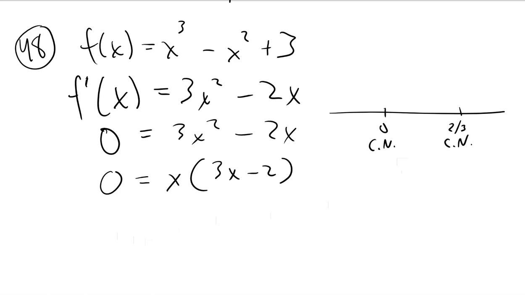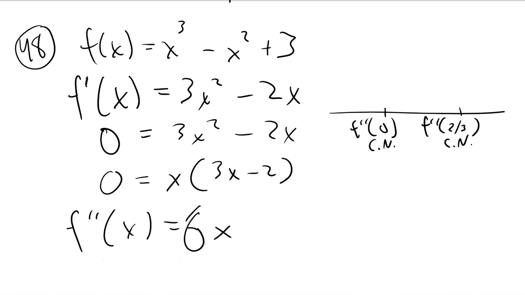If you were using the first derivative test, you would plug in numbers around the critical numbers into the first derivative. The second derivative test says plug these critical numbers into the second derivative. So I need the second derivative, 6x. So if I plug in 0,